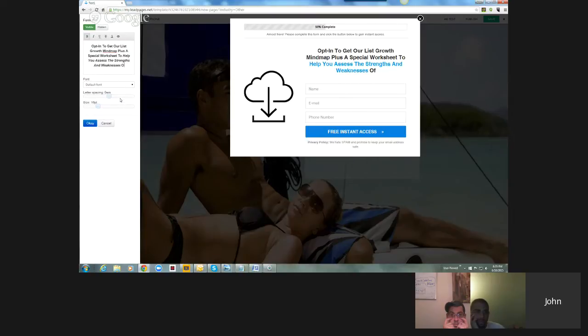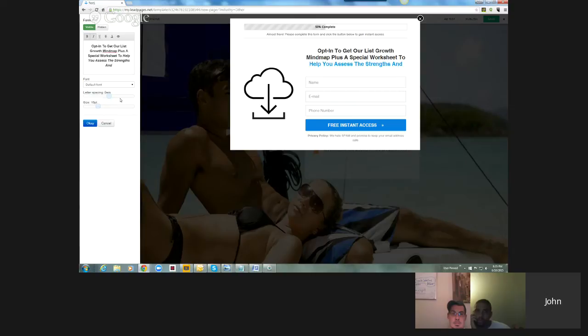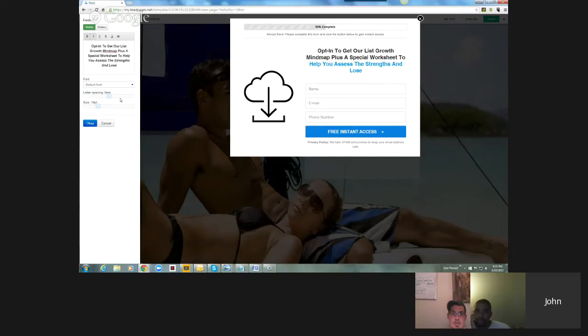You're going to have to insert whatever word you want in this section to have that highlighted text, right? So let's just say we want that to say lose 20 pounds, and we want that to be highlighted. Okay, so go ahead and change the rest of this,